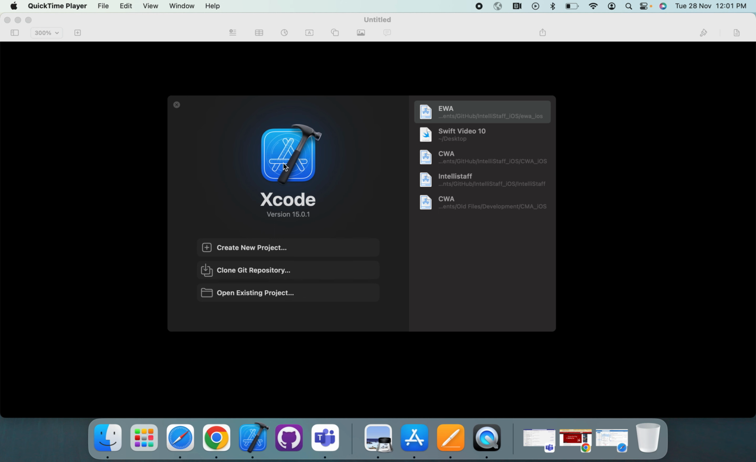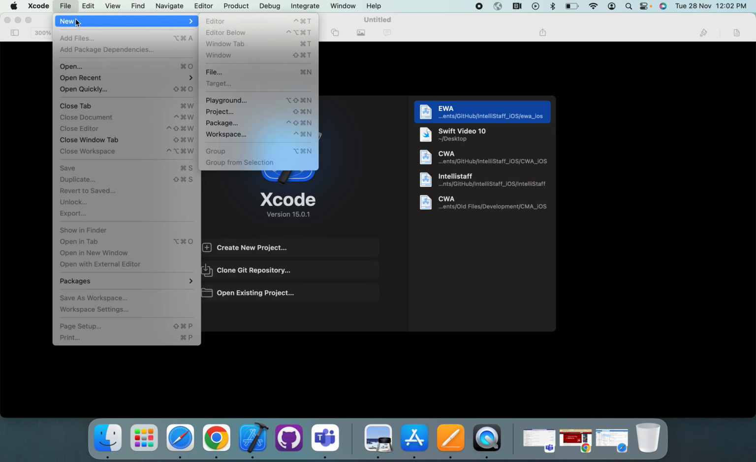If we have any Xcode project that we have cloned from a Git repository, by clicking here we can paste the link and clone it. If we want to open a Playground, we can click on File, New, and here we can click on Playground, or else we can click the project from here as well. If we click on the project,